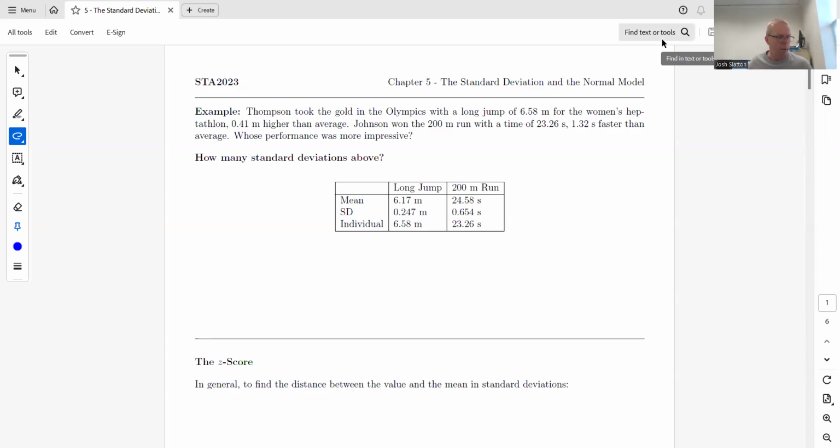All right, so we're starting chapter 5, and this is probably the most important chapter that we are going to cover. It's very foundational. Obviously, chapter 1 is probably pretty important too, but the concepts in chapter 1 are pretty simple and easy to understand on the basic level. This chapter is also critically important, but it's also more difficult than chapter 1,